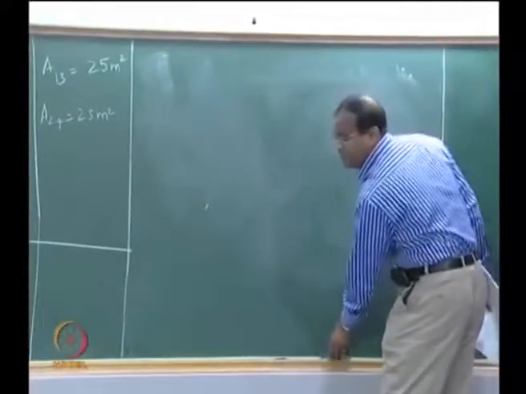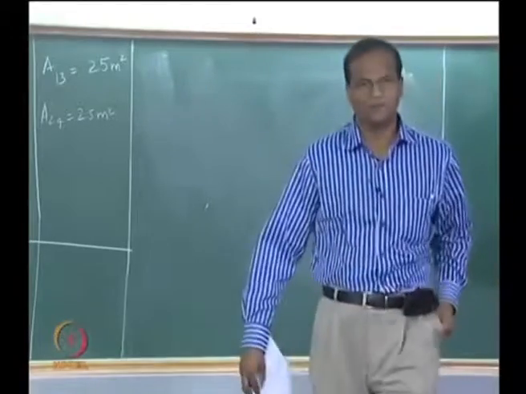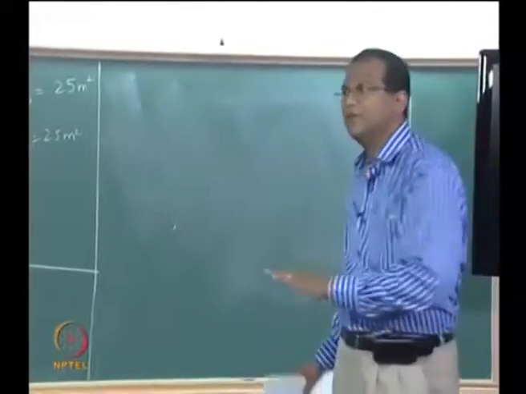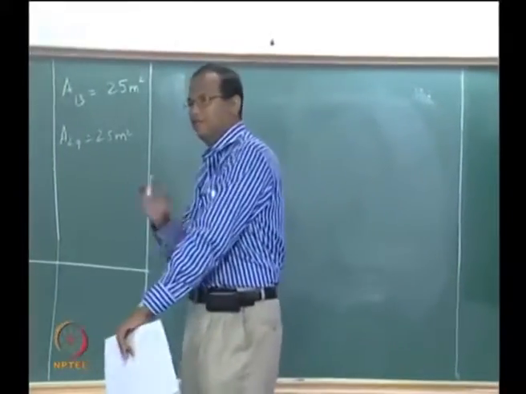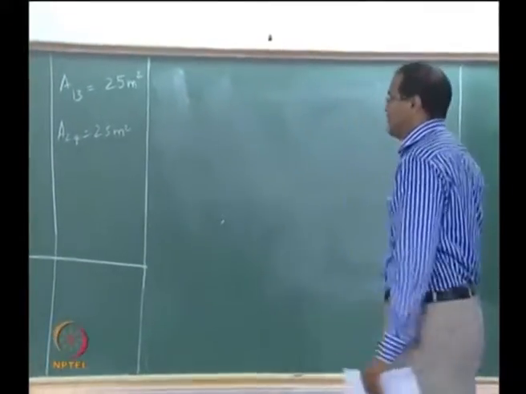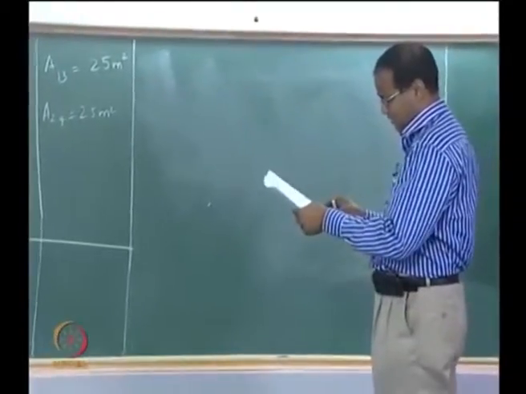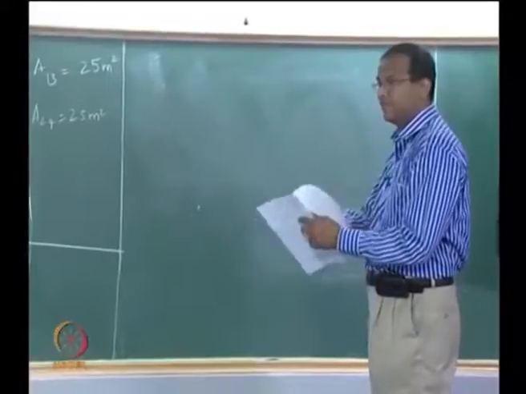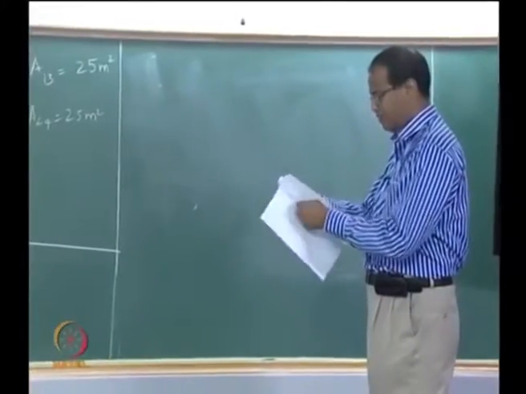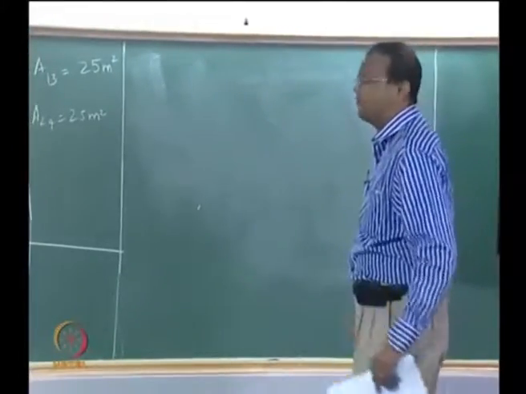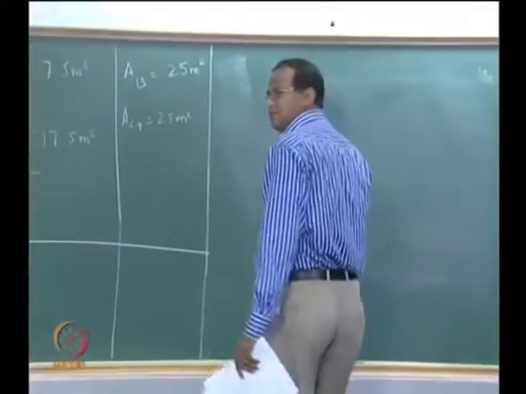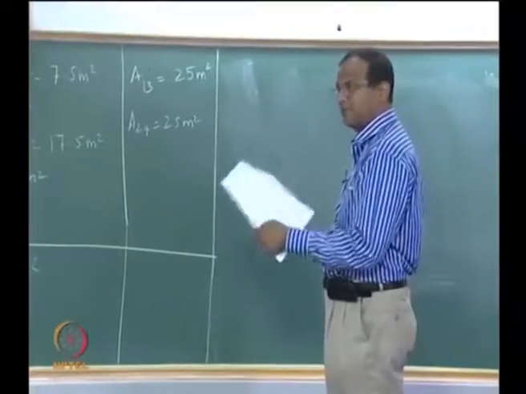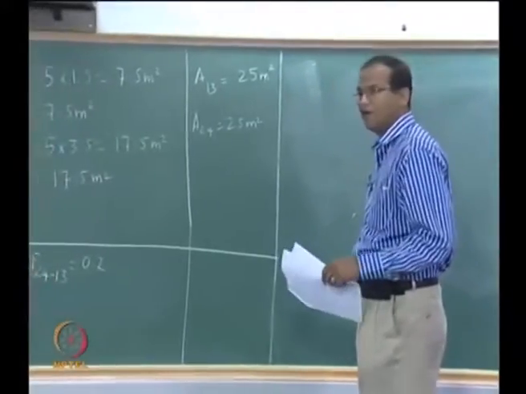A view factor problem like this would take 20 minutes, 15 minutes if you are very fast, 20 minutes is a reasonable time, and after finishing you can check it also. Now what is the next thing? Now before doing the algebra we can get F14 from charts, correct? F14 can be obtained.